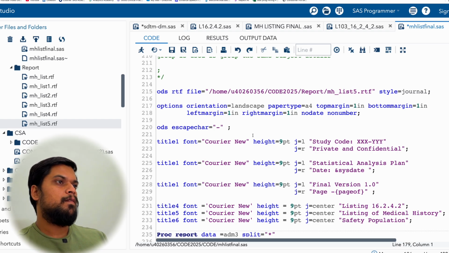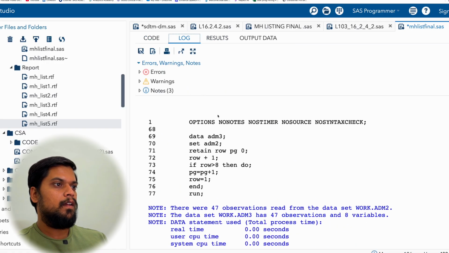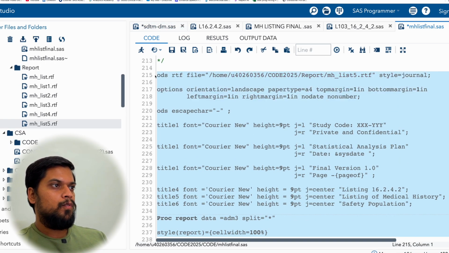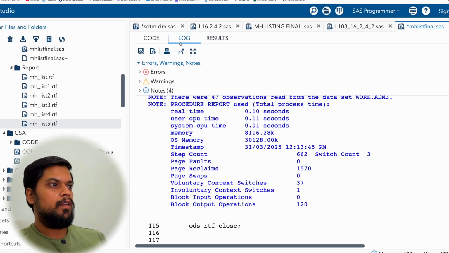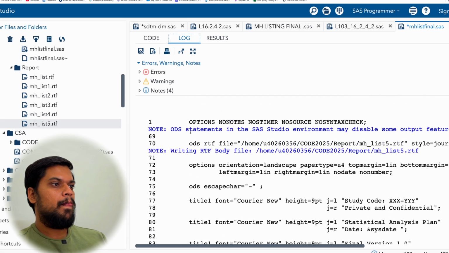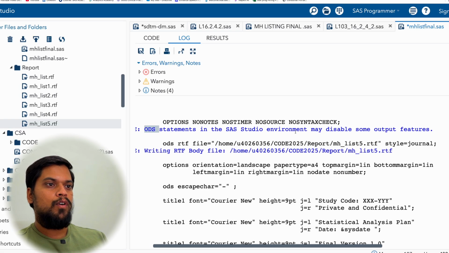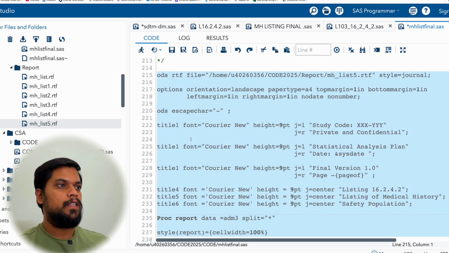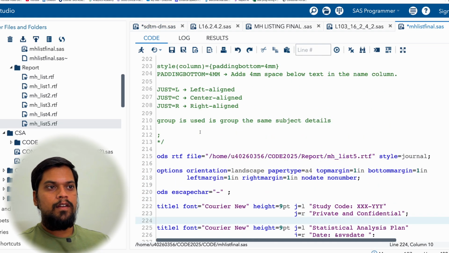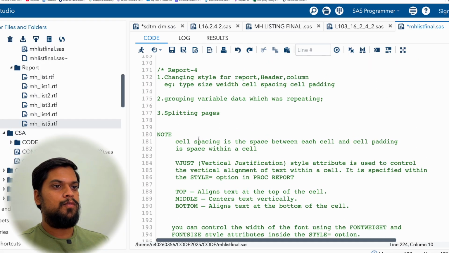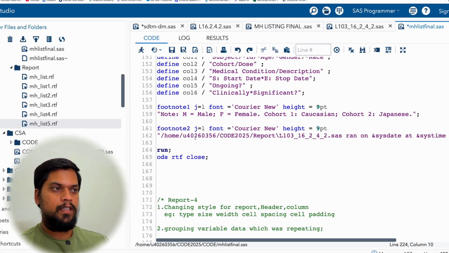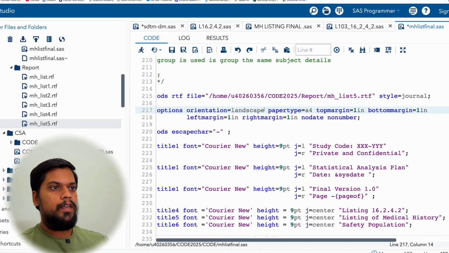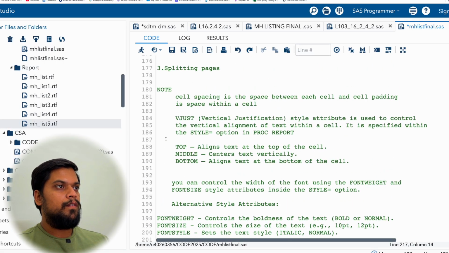And sometimes this type of issue also we face, like in the log it might show you. Let me show you. In the log you can see this message coming that the ODS statement in SAS Studio environment may disable some output features, so some of the outputs you might not get properly. Like for the same reason we have written this, right? So it is not that it's not going to give you the outputs properly, but what SAS is doing in options, especially when you are mentioning these options, this orientation, paper type and a lot of things,